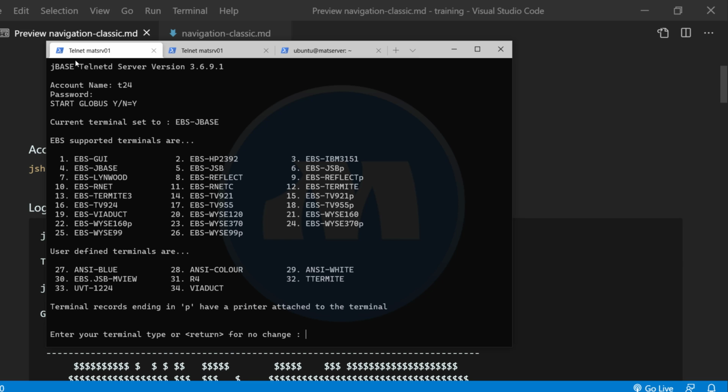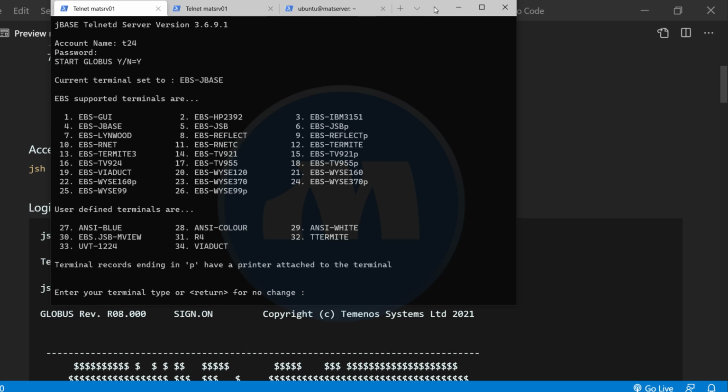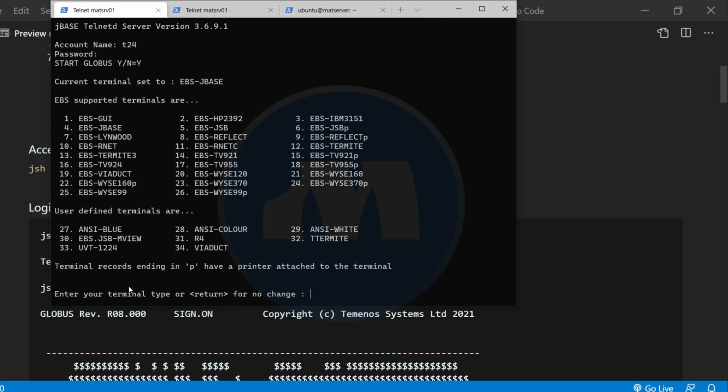If you look here, we have a prompt which says enter the terminal type, and here is the list of the terminal types which you can use. So these are system terminals, and these are user defined terminals. Whichever terminal you want to select, you just put the number corresponding to the terminal. The most used terminal for T24 is this number 4, EBS JBase. So you type 4